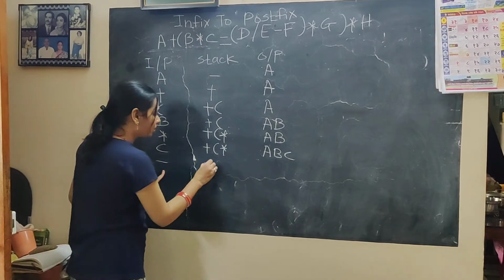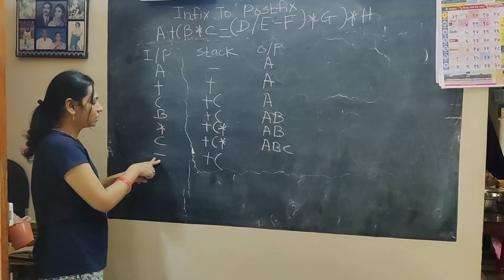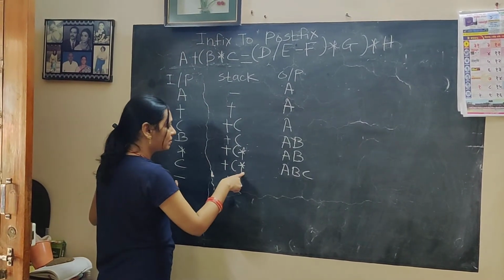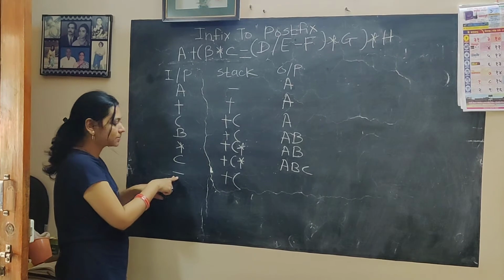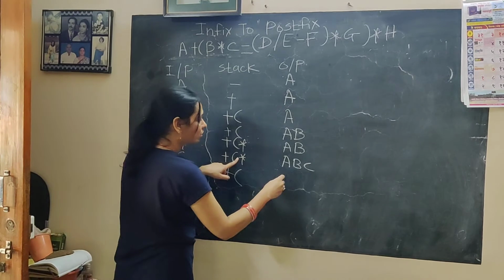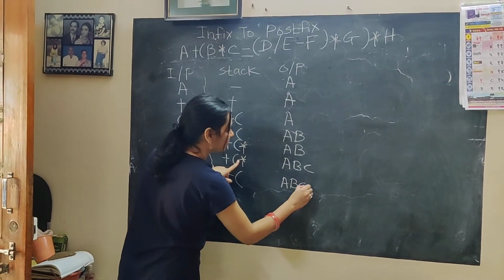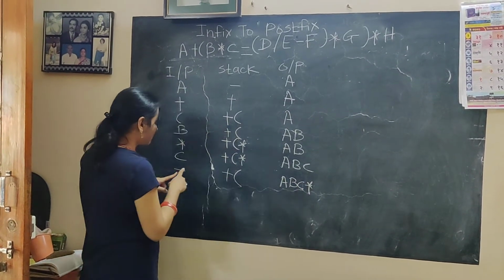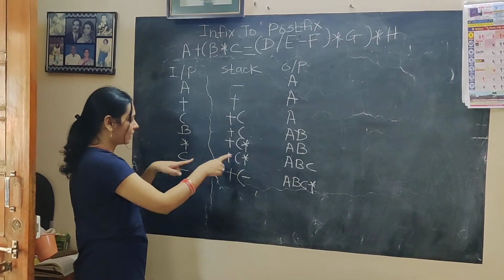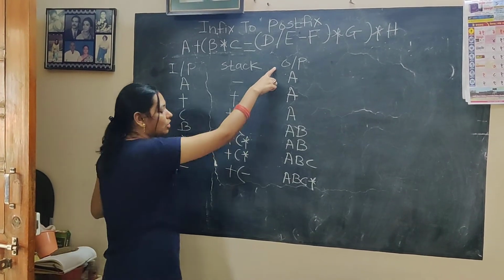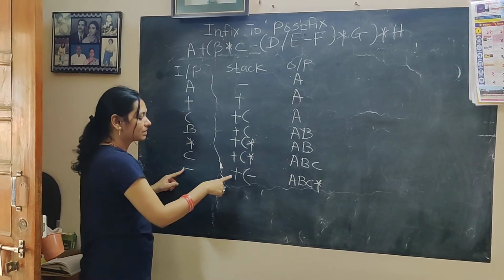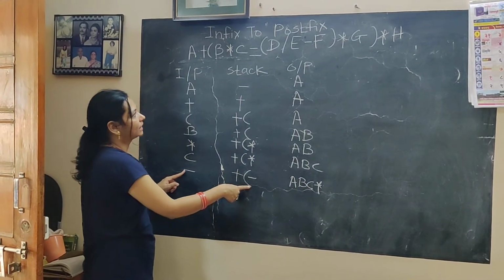But according to our rule, whenever any particular operator is coming to the stack, we will check the priority. Now the priority of multiplication is higher and the priority of subtraction is lower. So this multiplication operator will be moved to our output, that is A, B, C and star. And this subtraction will be moved over here because multiplication has higher priority than subtraction. So our output becomes A, B, C multiplication operator, and the stack becomes the addition, subtraction with the opening parenthesis.